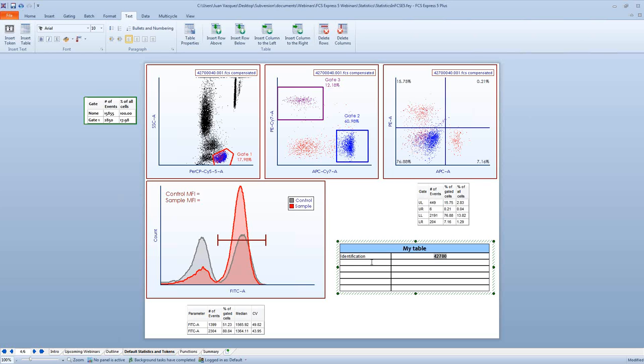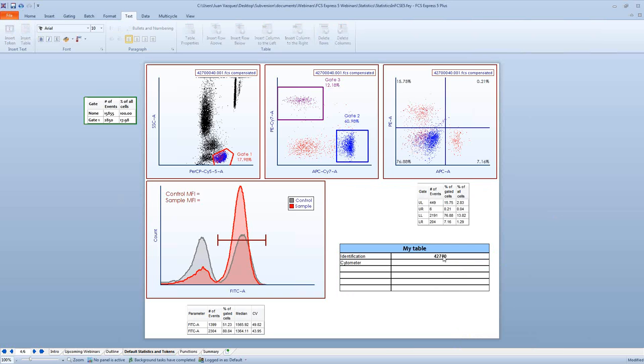Okay. Maybe I want some information like, what cytometer did this come from? If you're a lab that has many different cytometers, if you're a core lab that has some BD instruments, Coulter instruments, whatever, maybe it's important to know on which instrument this was collected. Okay. So again, we can just insert a token, and then we could choose a token type. So luckily, information about what kind of cytometer we use to collect this data can be found in a keyword